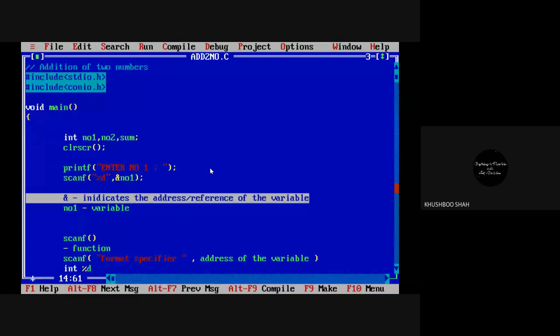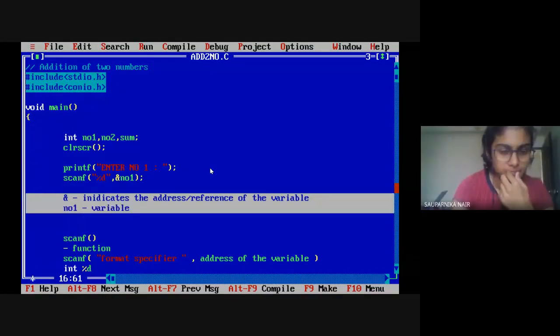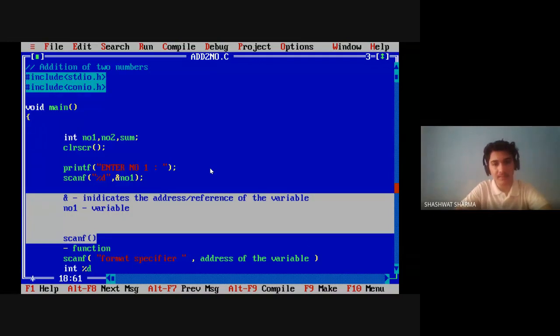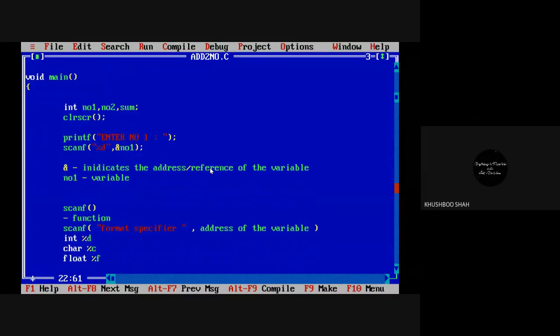Fine, guys? Yes, ma'am. Then what is the format specifier? Format specifier indicates which type of data you are going to input. Because the system needs, I'll explain in detail when we learn variables.